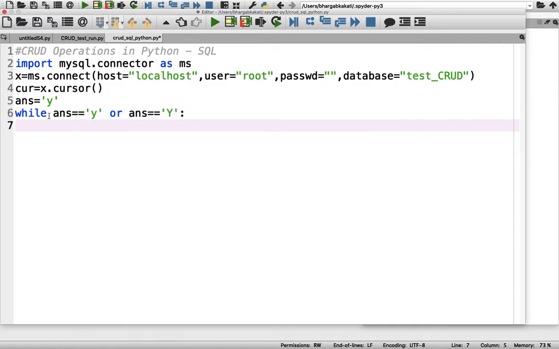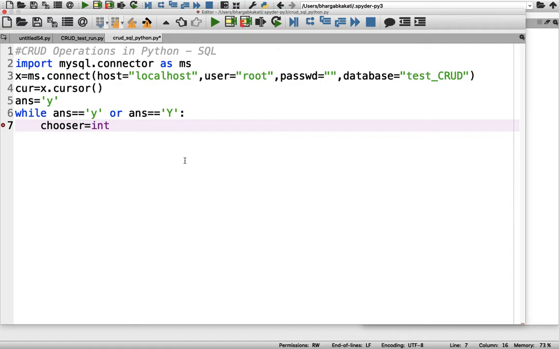That means until ANS equals y or ANS equals capital Y, this particular loop will be running. Now, what I explained a few minutes back, that I am going to create a menu based program. So let's create a menu based program. Let's give a variable as chooser. This variable will be used to receive the input from the user as to which operation the user wants to do at present.